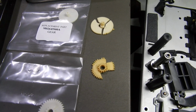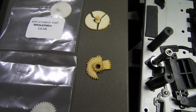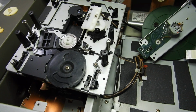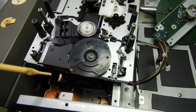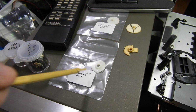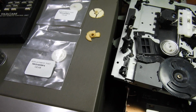What goes wrong with them? This is what goes wrong with them. All of them have those gears, original gears, crumble, and the gears are that one there underneath, and there's one underneath that as well. That's the one there. I got these from Singapore,